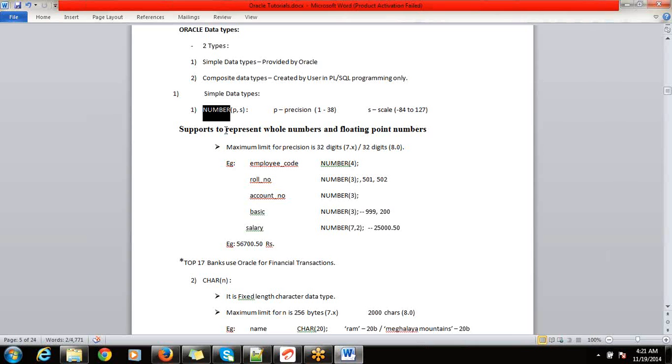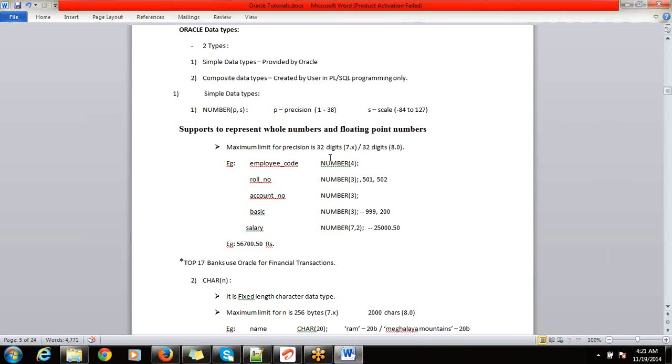Here we have the number data type where you can use number to represent either integer or float. You can see some examples here. The maximum limit for precision, that is the first argument, is 32 digits. It means a number of 32 digits you can store in this numeric data type.